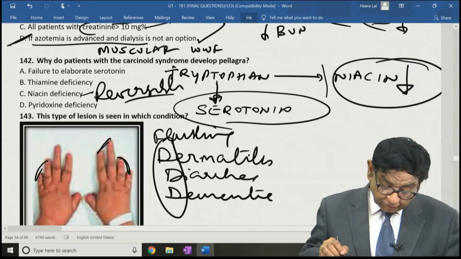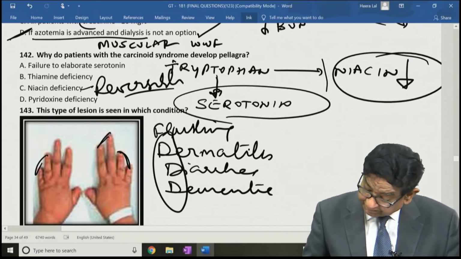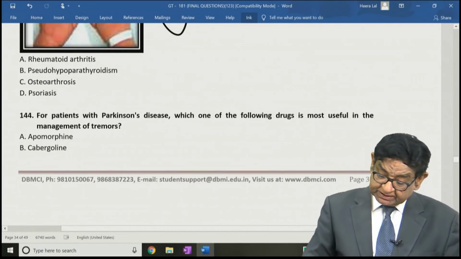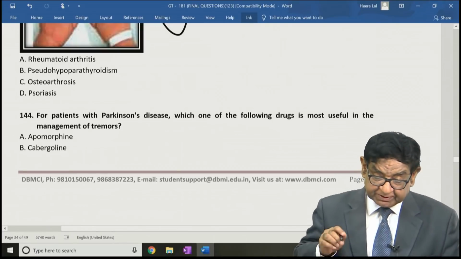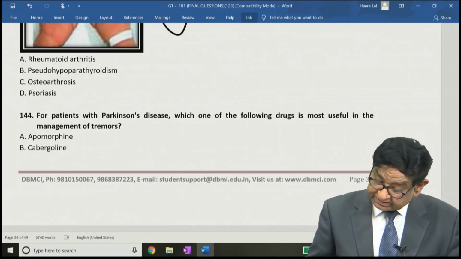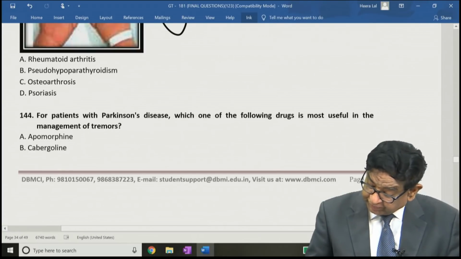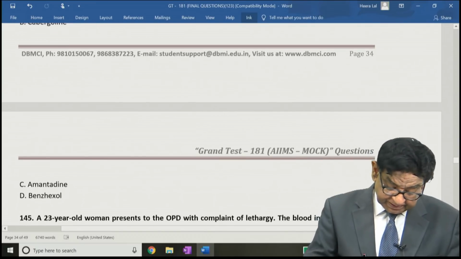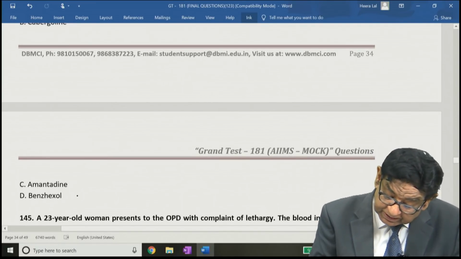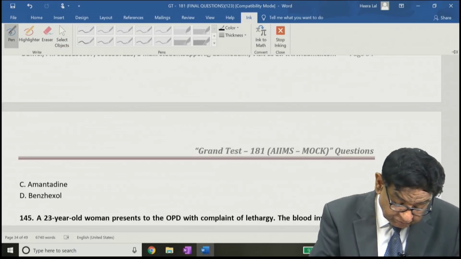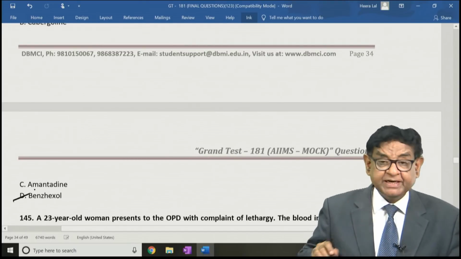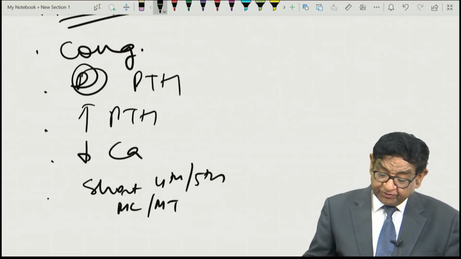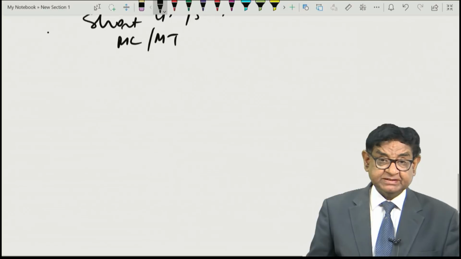Now we talk about question number 144. In Parkinson disease, what is most useful in the management of tremors? Well, the answer is, we know very well that in this case benzhexol is the best answer, D. What is benzhexol? It is an anticholinergic drug. Well, we learn the basic concept. We have a triad in case of Parkinson. The triad includes